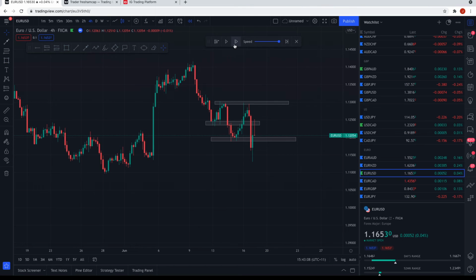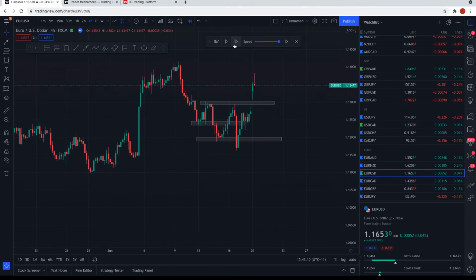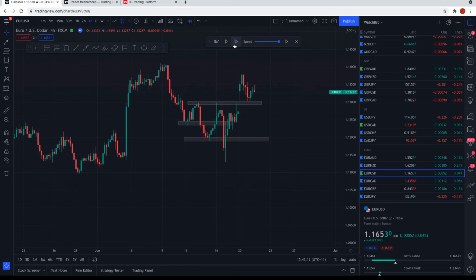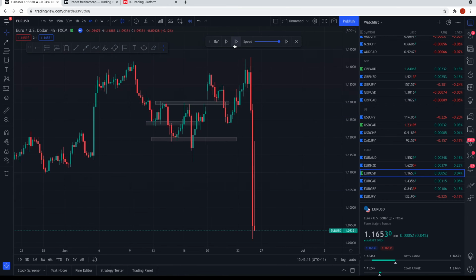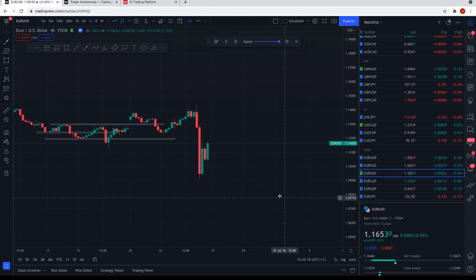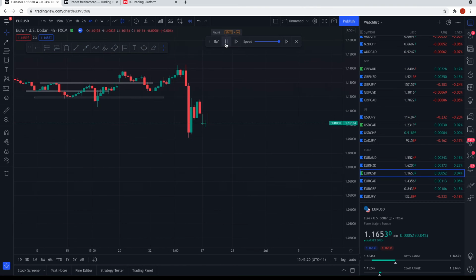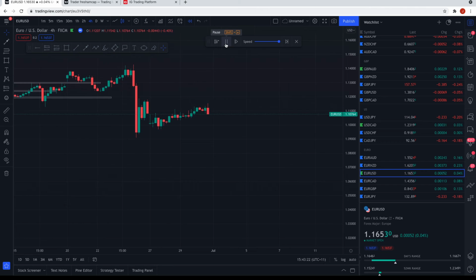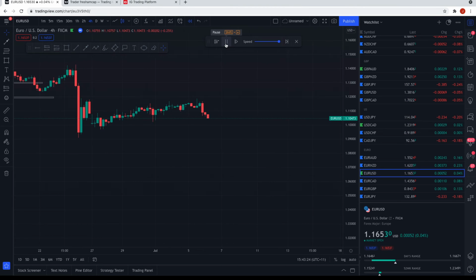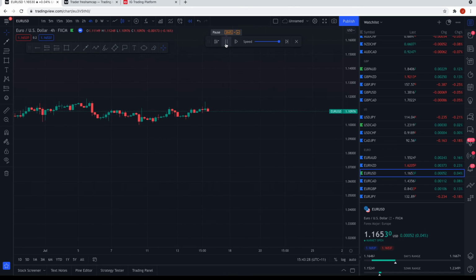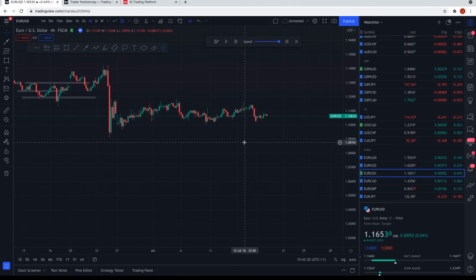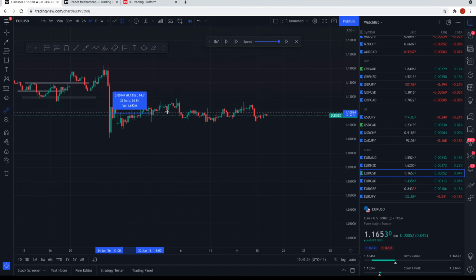Don't quite have any structure forming yet. And huge gap. Jeez. I'll just let this play out. This is something you don't want to trade. Look at that. Do not want to trade that. That is about